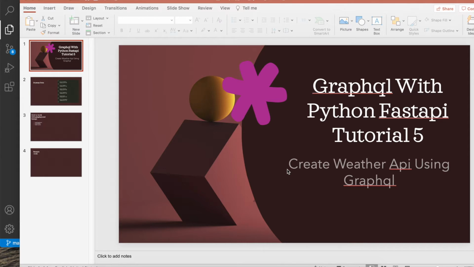This is tutorial 5 and today we'll be going to develop one weather API using GraphQL. So again, let me just brief you about the tutorial or the series. Here we're trying to learn the concepts of GraphQL using Python and Fast API. Fast API is an underlying REST API framework for Python, and GraphQL is a query language for your API endpoint.